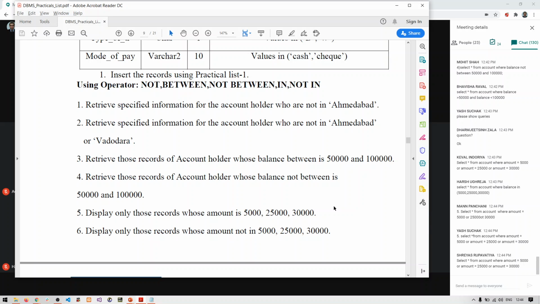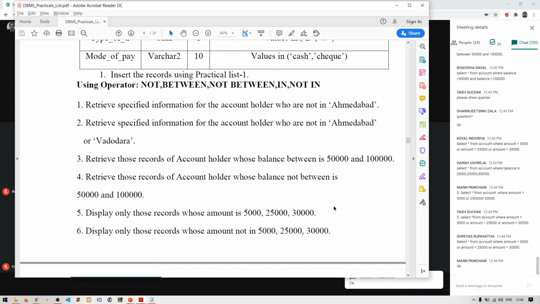This should be the right answer. So in the sixth query, you are going to use the NOT IN operator.